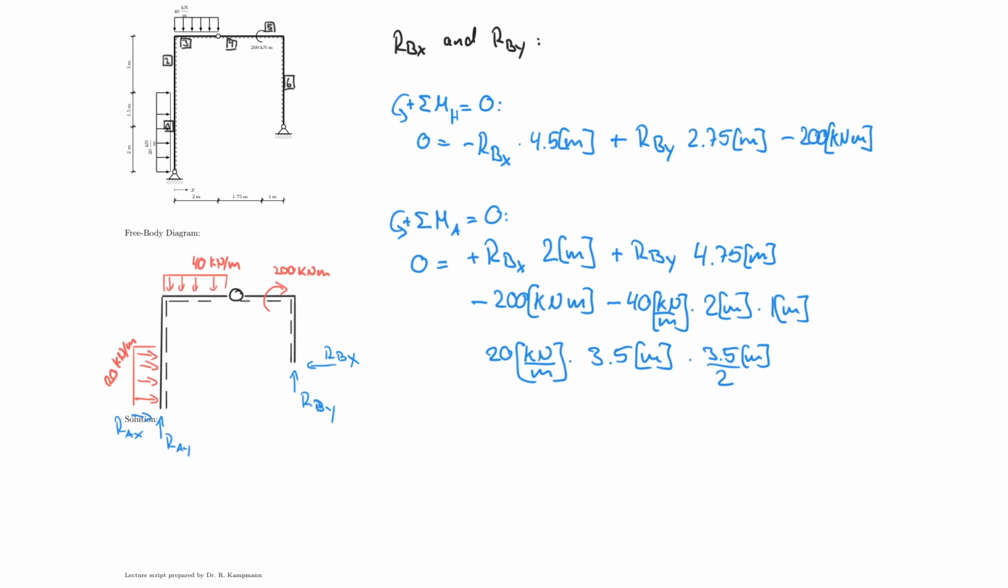So now I'm going to set up the equation for RAY and RAX. And I'm going to start with the sum of the moments about the hinge is equal to 0, counterclockwise positive. And 0 would be equal to RAX